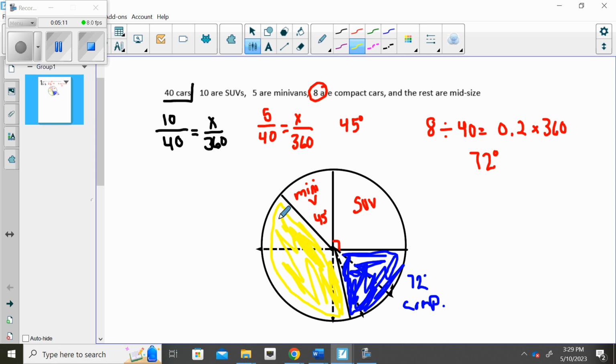Okay, and so then I can label that the rest of these cars, so color it all in. We would do a better job than that if we really had some crayons or colored pencils. And the rest of this region then would be what's left over for midsize. Okay, so again, I hope that